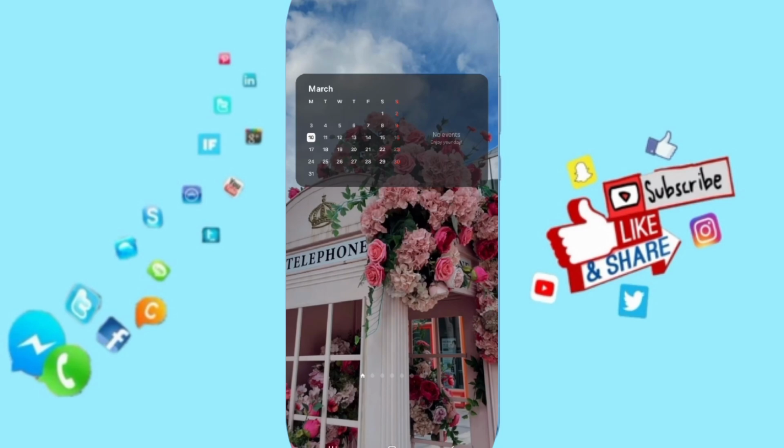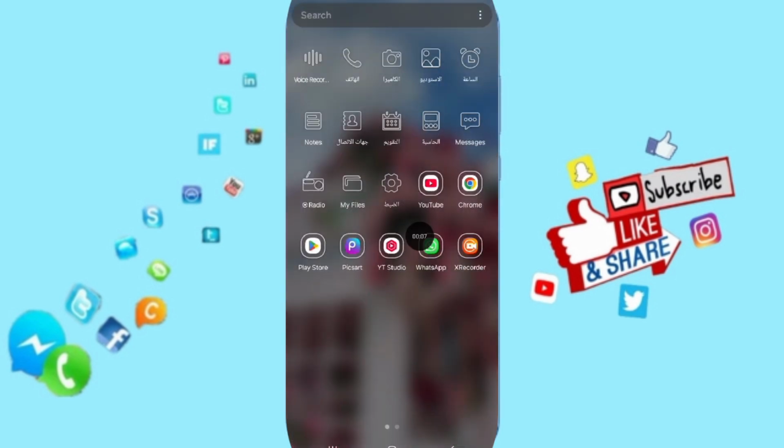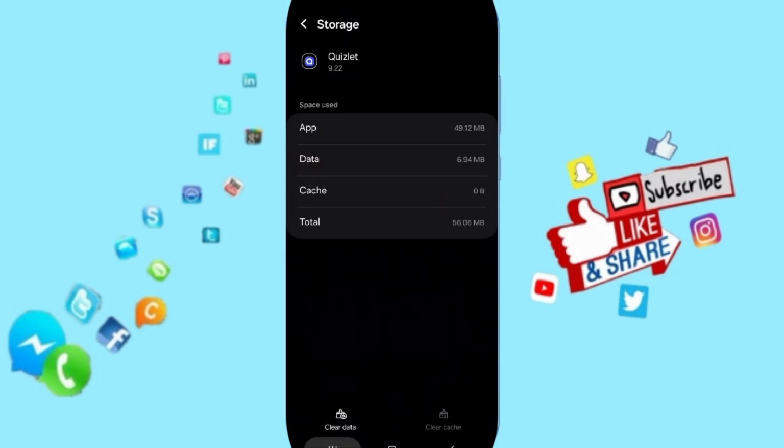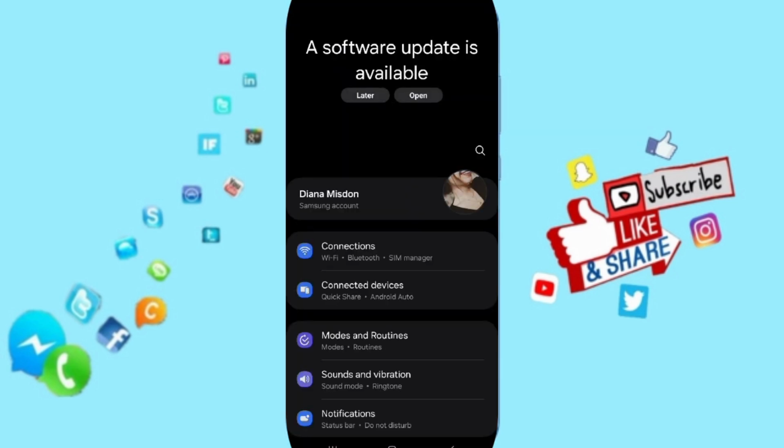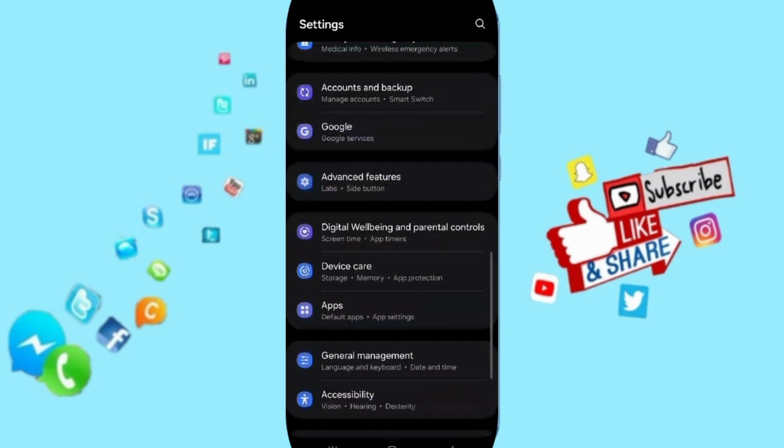Today we'll talk about tricks or how to solve the problem of the Quizlet app. You click on settings, you go here to this sign, then we click on apps, default apps, app settings,